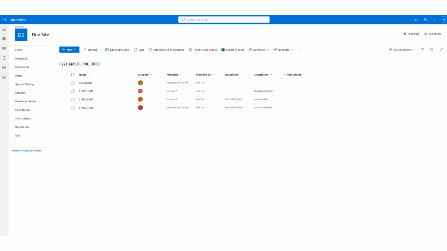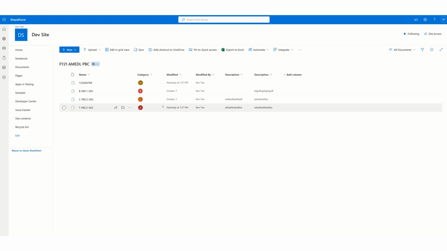Okay, and the way we're going to set these, now these would be easy to do just one at a time, but say you have thousands or tens of thousands of items in a library, you're not going to want to go through 10,000 individual items and set individual permissions. The only time you're going to do this is if you have PII or something like that where it needs to be locked down by individual items. This way you can set a column and run your flow in Power Automate